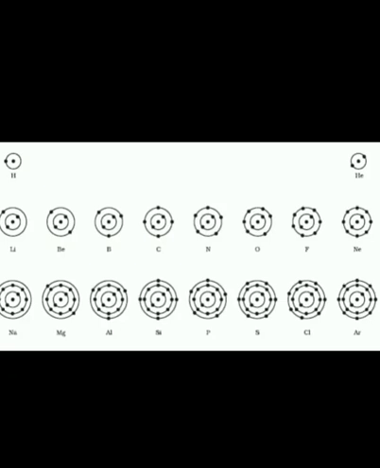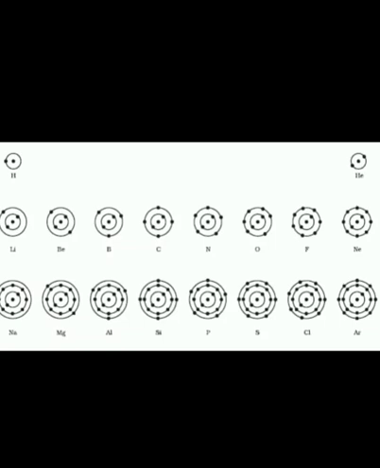But you know that hydrogen has no neutrons, so the number of neutrons is equal to 0. And it has only one electron, that means atomic number 1. So the K cell has only one electron. Then after that is helium, atomic number 2, number of protons 2, neutrons also 2. And the K cell has 2 electrons.